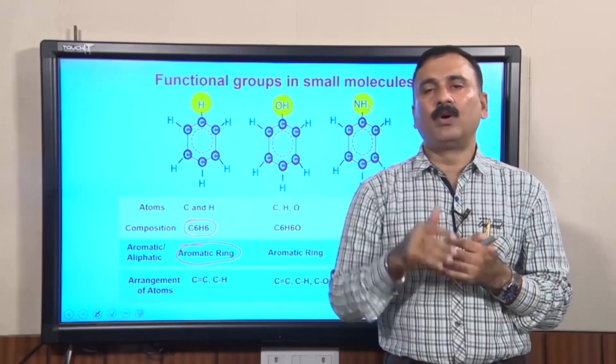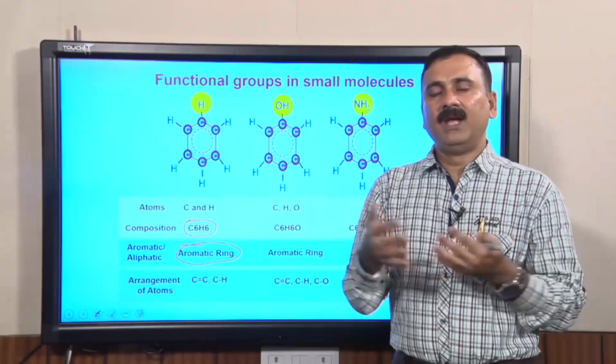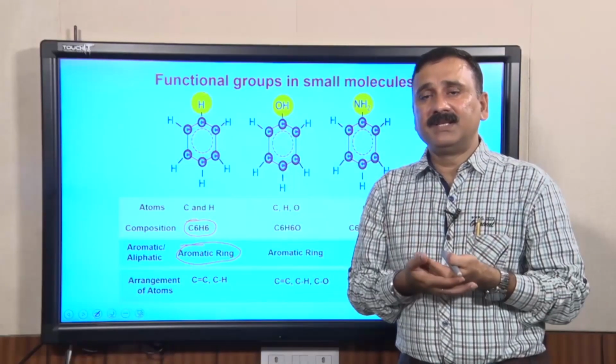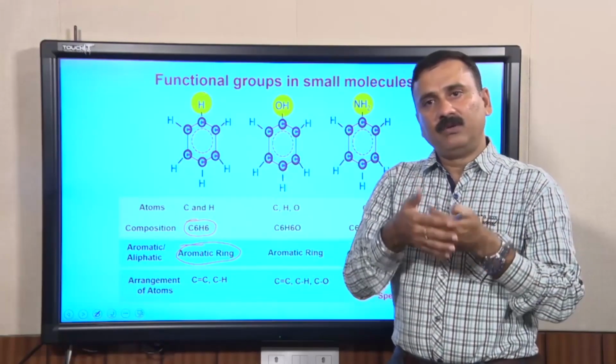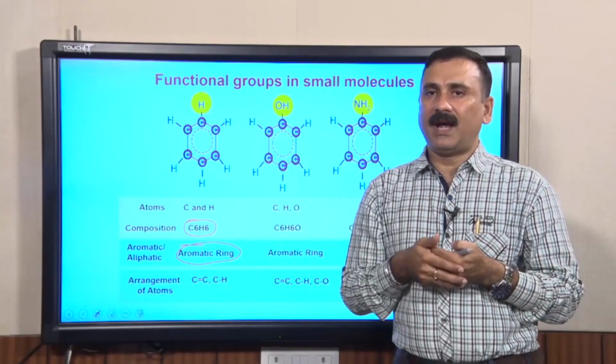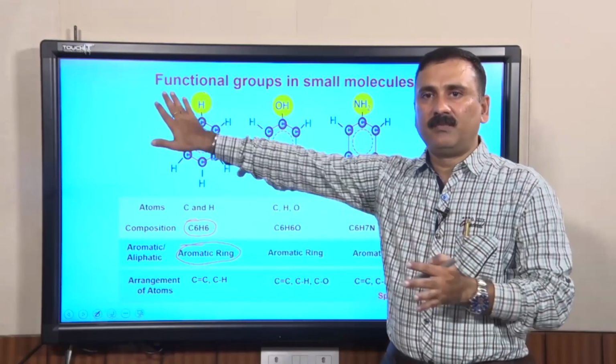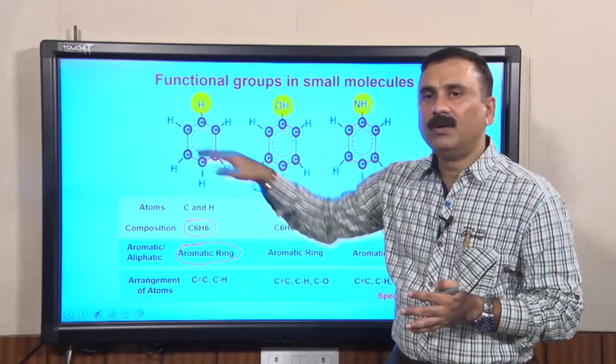You can put in pure benzene as a standard compound and overlay, and if the overlay matches, then it could be benzene. Then you can collect the IR spectrum, and if that also matches with this compound, then